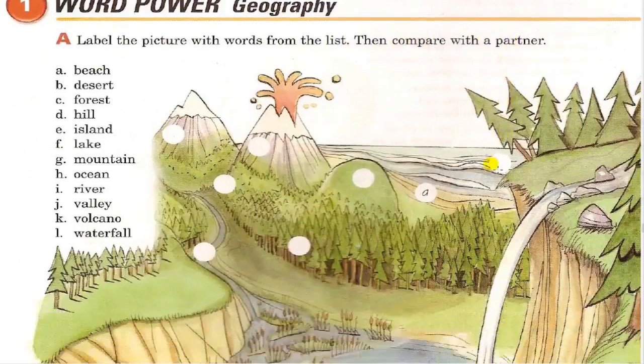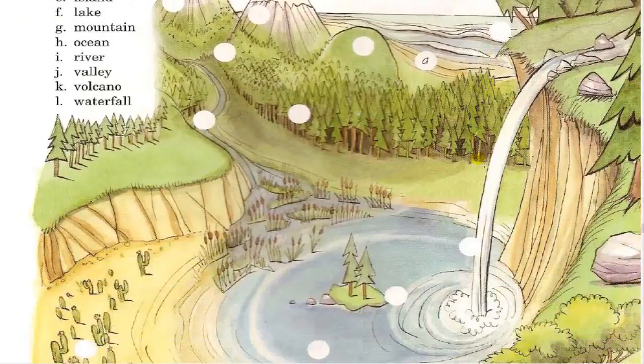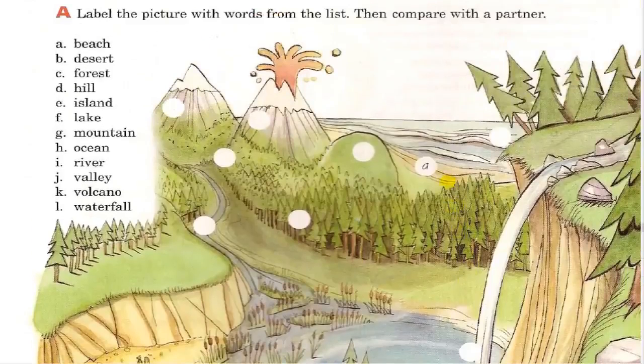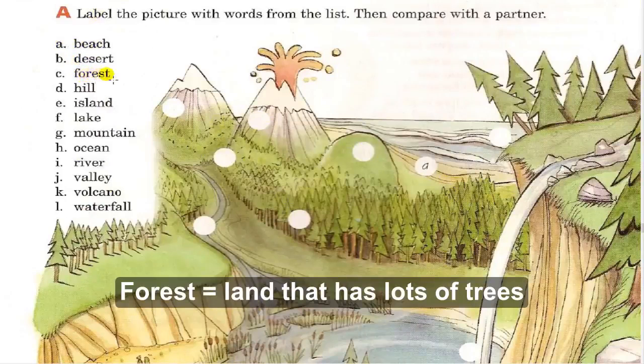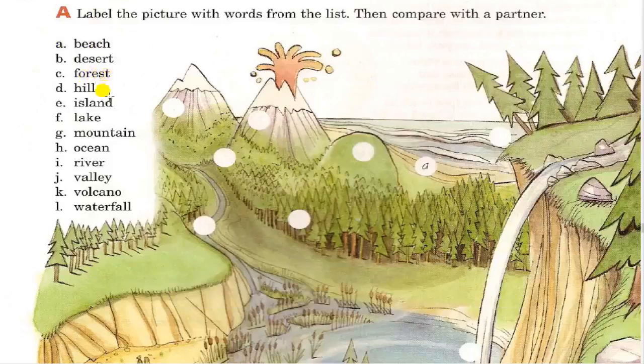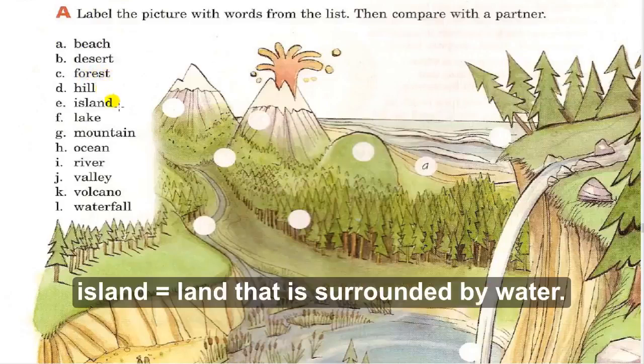Here you have a picture, and we try to label it. Label the picture here. You write these words from A to L in the picture. The words: beach, desert, forest, a land that has a lot of trees, hill, less than 1,000 meters, island, land surrounded by water,